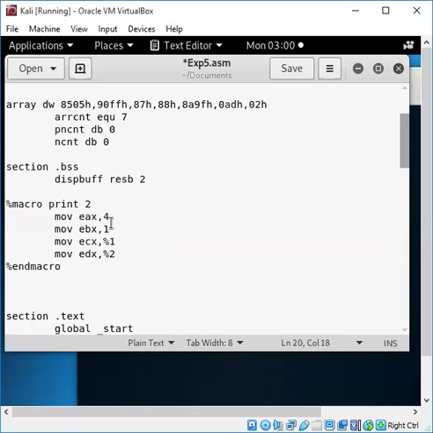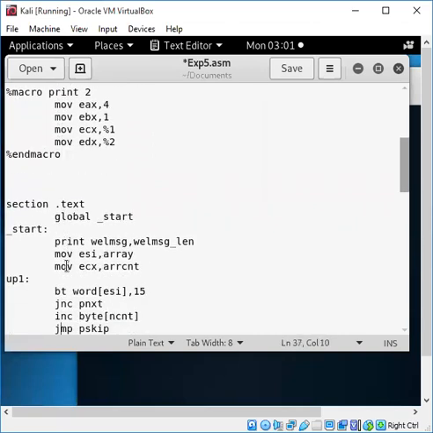Then the input output operation, that is related to the standard output operation, we need to perform here. If it is read, then eax will have a value as 0, and ebx also will have a value as 0. So that is a system call for read, reading something. Here we can change the name also. This is a user defined name, whatever name you are giving is just to identify print operations. So here we are giving the name to this macro as print. This is the name of a macro.